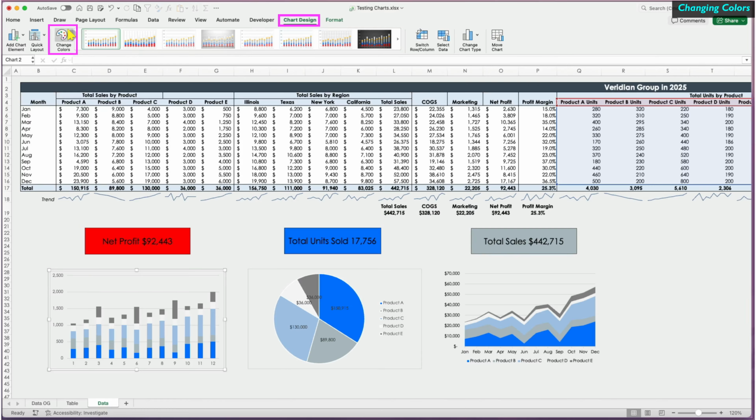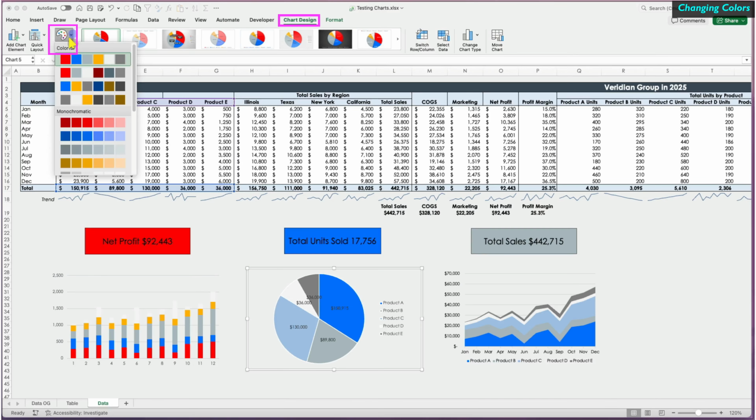To fix it, I can go to Chart Design, Change Colors, and choose a different color combination based on my theme colors. Voila! One thing to keep in mind with saved chart templates is that you can cross-apply a chart